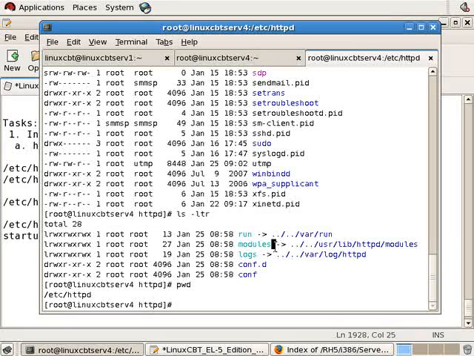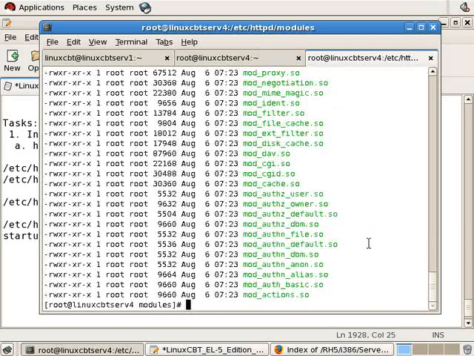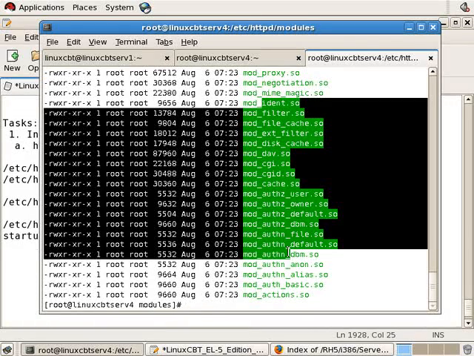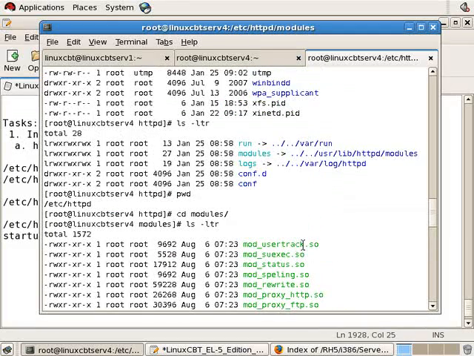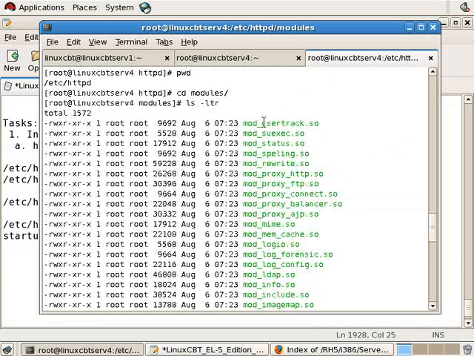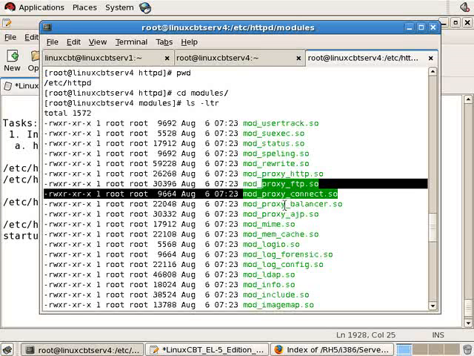Modules is also a symlink back to user-lib httpd modules. If we navigate into modules, you'll see the modules that are included with Apache. Pipe the output into wc -l, and there are roughly 65 modules included. And they cover everything from what you see here, suexec, to spelling, to proxying, load balancing,